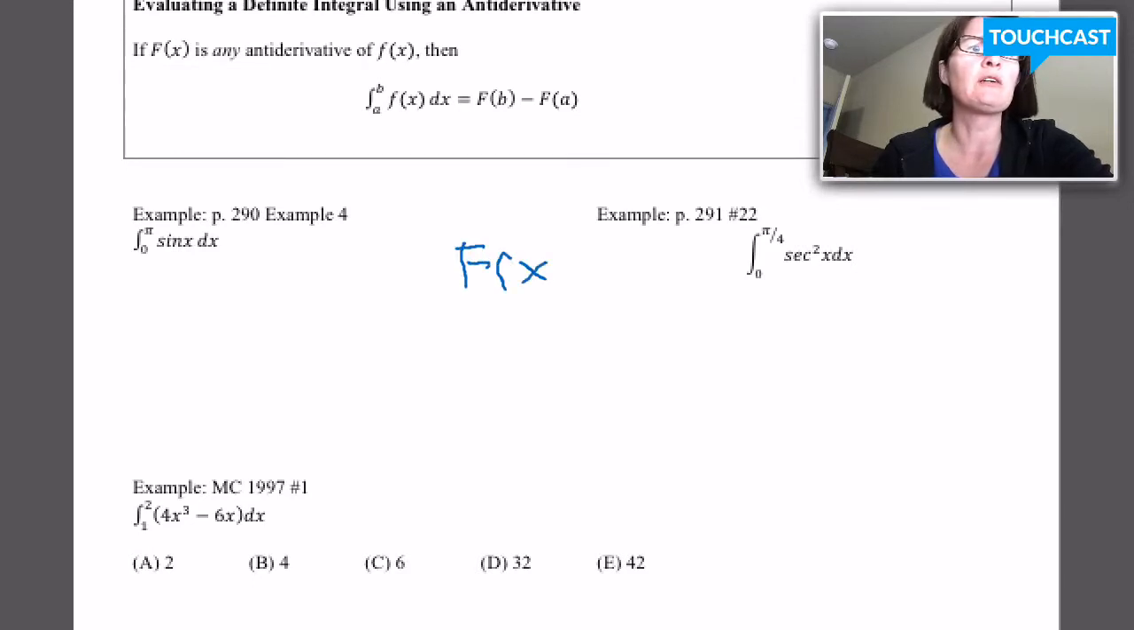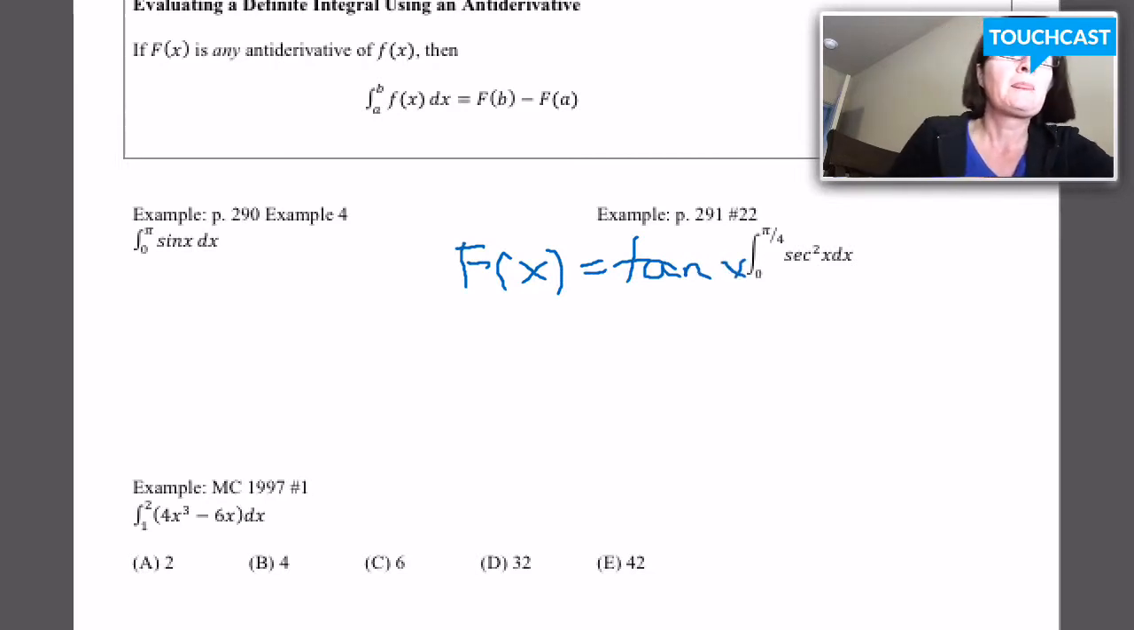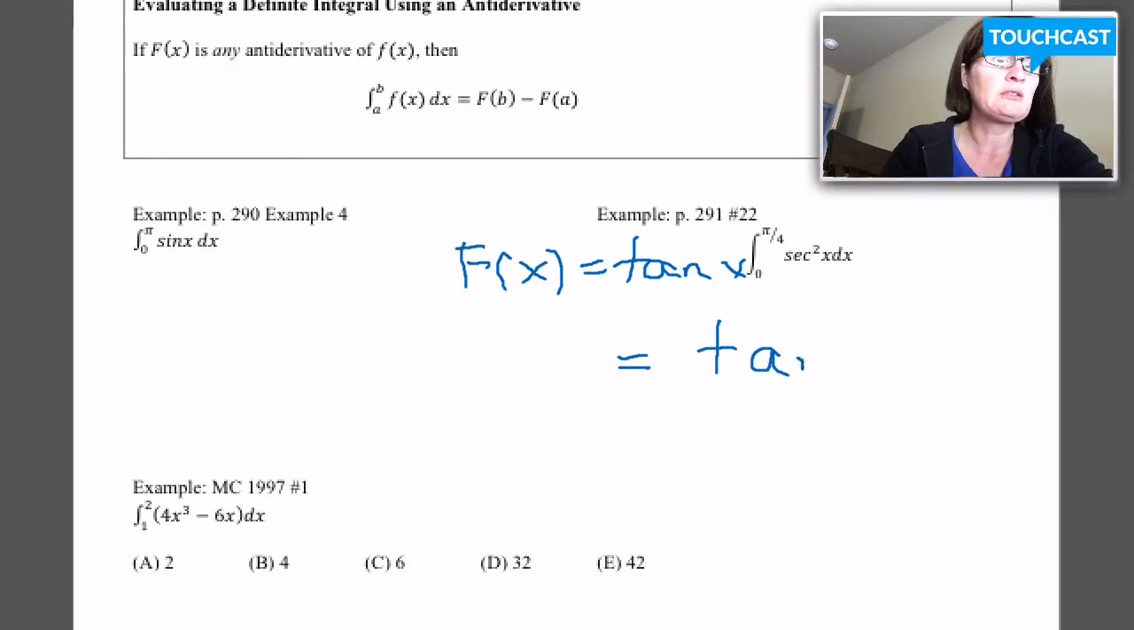I'm just over here, you wouldn't necessarily write this as part of your work, but I want you to understand my thought process. I'm looking for an antiderivative of secant squared of x. I know that the function I'm looking for is tangent of x. So what I'm going to write is that my original integral is equal to tangent x, evaluated from 0 to pi over 4,